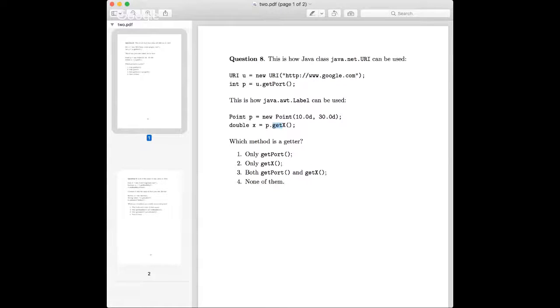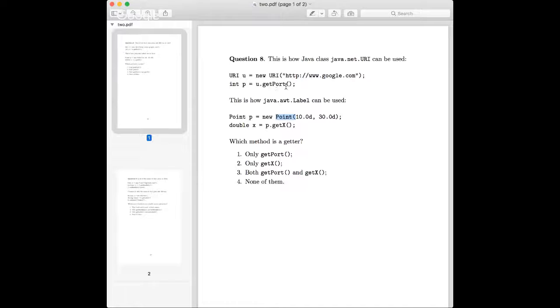Getters are really bad things because they violate the encapsulation idea. They allow other objects to get access to the data which our object encapsulates. So in both cases, it looks like this script can get access to something from inside the URI and something from inside the point. And we know that getters are bad. But the question is which methods here are actually getters.